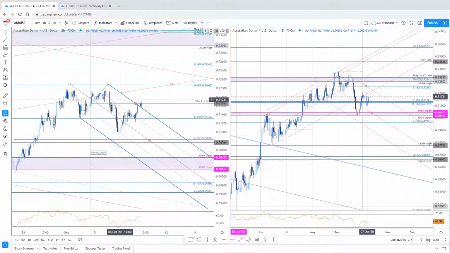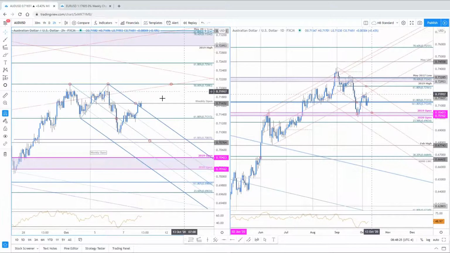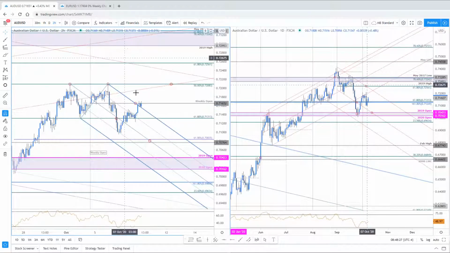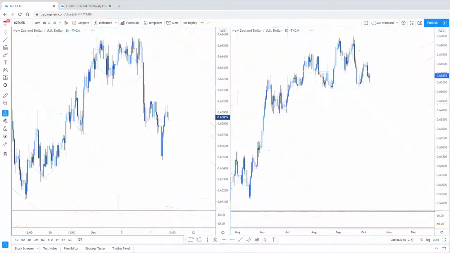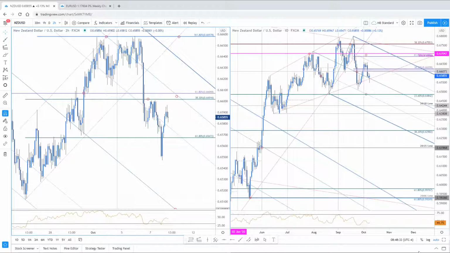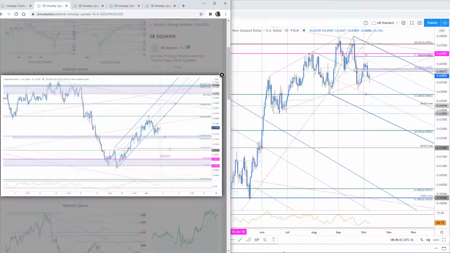Another one, unchanged on the week. Hope you got to play on it. I didn't really get much on Aussie this week, so we're still on tap to see if we can squeeze something out of this. But here is dollar Swiss. So another one that